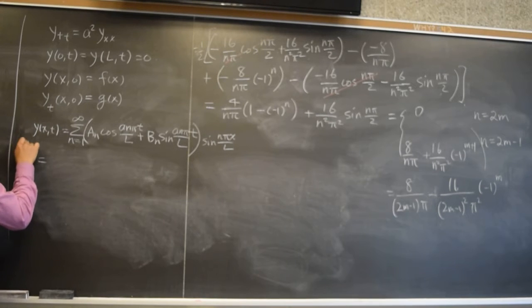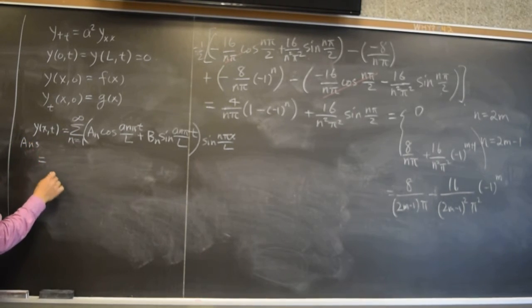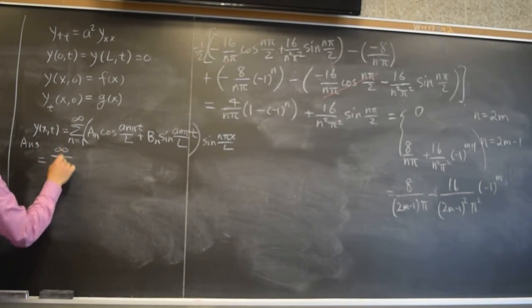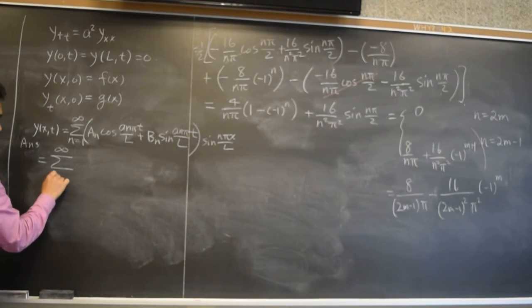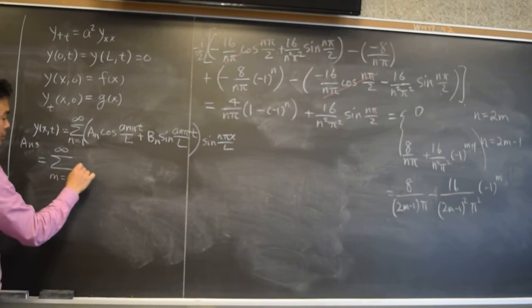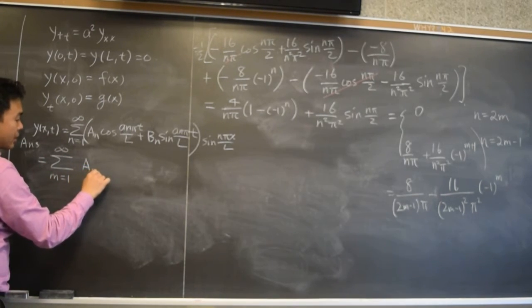So the final answer, according to this formula, is sigma. Now we're going to use m, m from 1 through infinity of a 2m minus 1